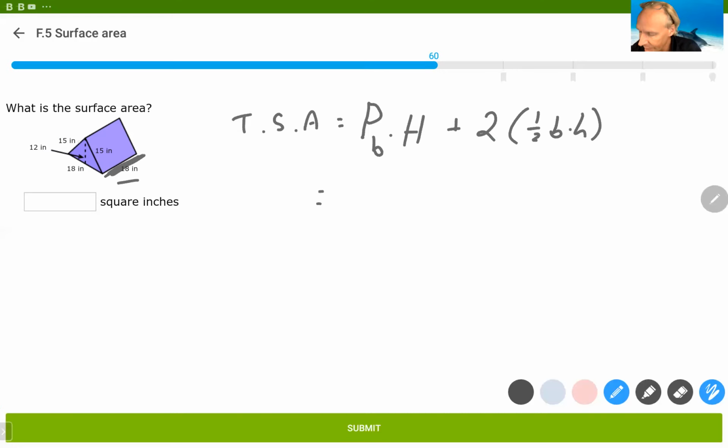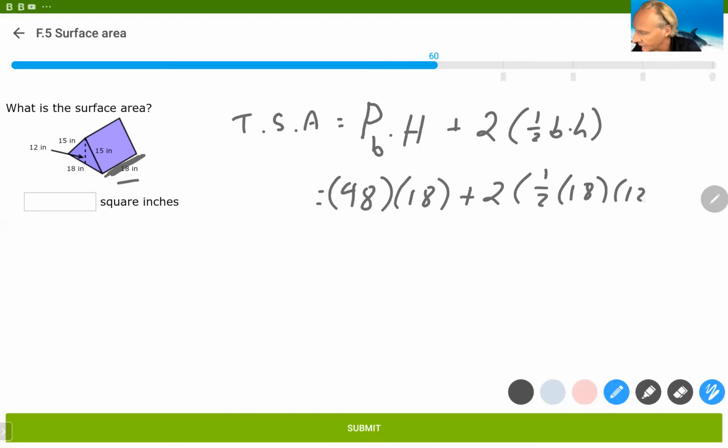The perimeter of the base is 15 plus 15 plus 18, which is 48. The height of the prism is 18. The 1/2. The base of the triangle on the base is 18. Again, there's 2 different kinds of bases as well. The height is 12. And 48 times 18